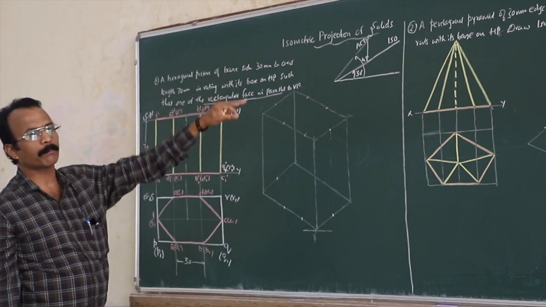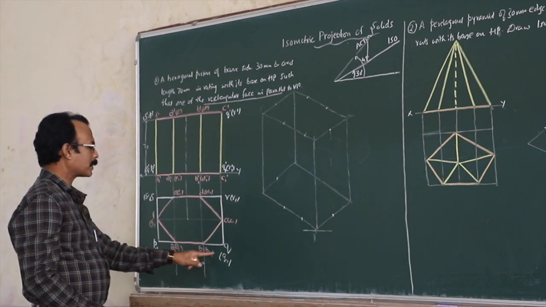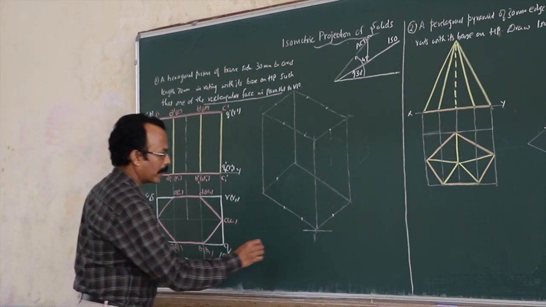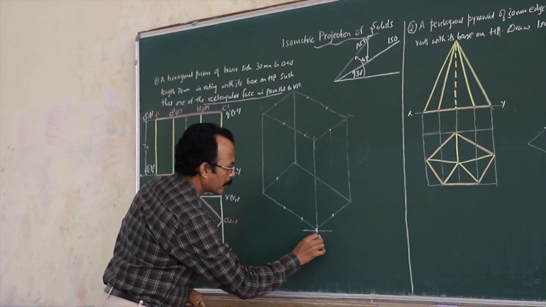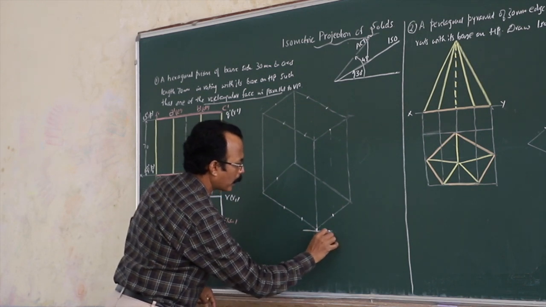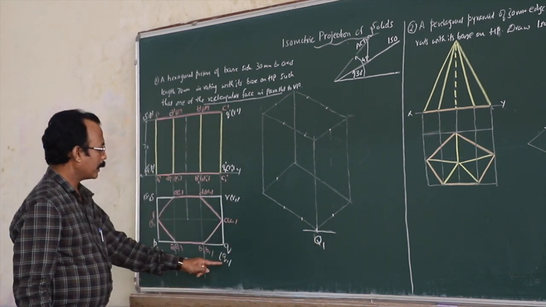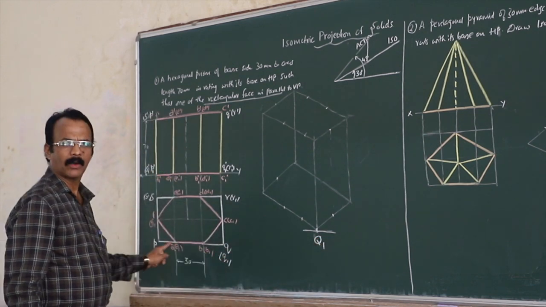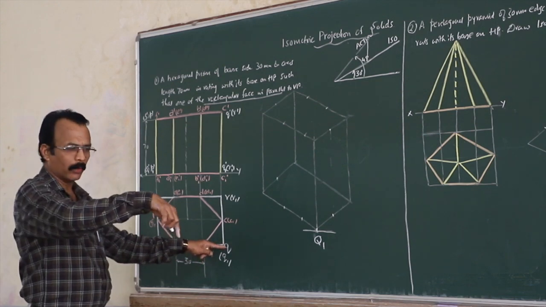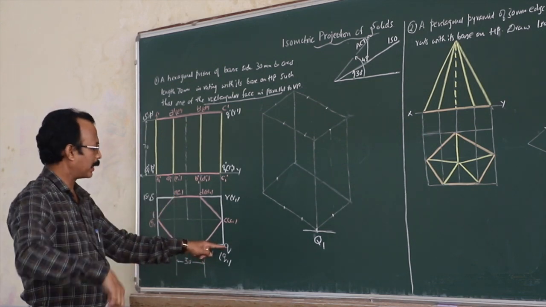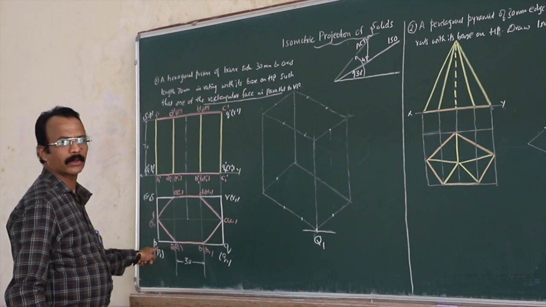So please follow that procedure there. Now I will be starting it from the bottom right corner. So this is your Q1 here. Draw a horizontal and take any starting point Q1. Now you see Q1 P1, this is a horizontal line. It is your top view. So all the lines are horizontal there. So Q1 P1 is horizontal.